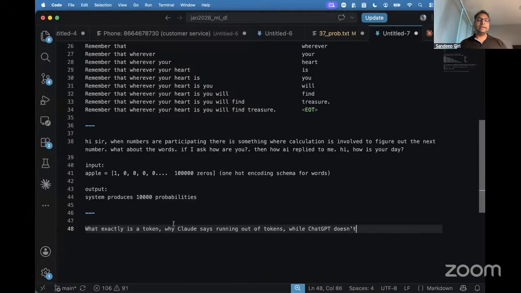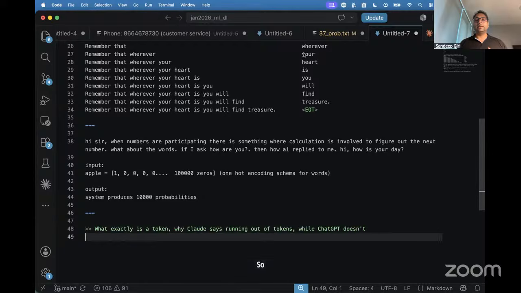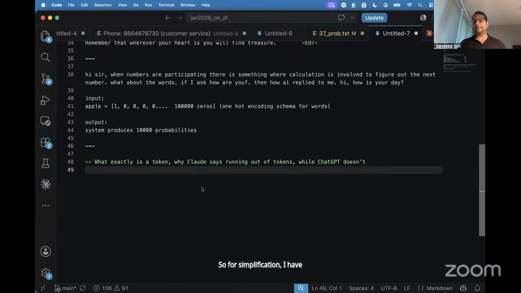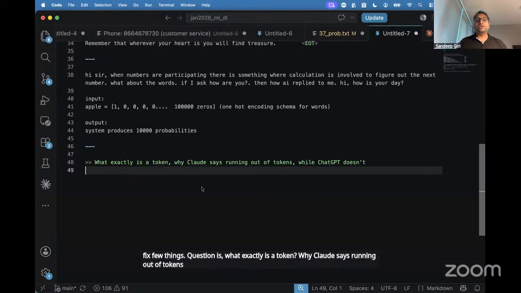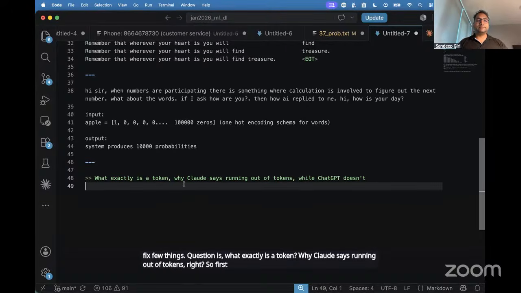Okay, all right. So for simplification, I have said multiple things, and I would like to fix a few things. The question is, what exactly is a token? Why does Claude say it is running out of tokens? So first,